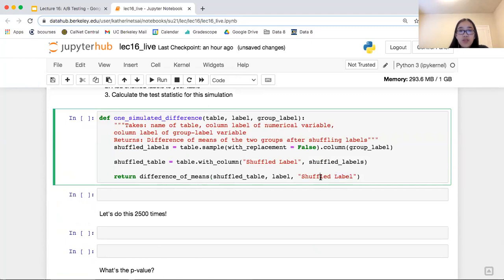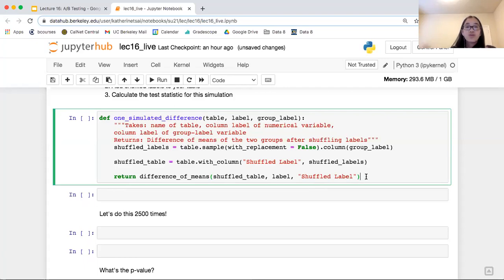Okay, so what I said before was you can select out just the shuffled label and the birth weights column, but in this case, you actually don't have to because we wrote this difference of means function to take into account just that birth weights column and the shuffled labels. Yeah, so the function that you write won't always follow the same pattern.